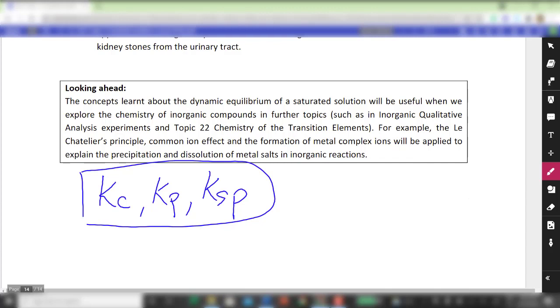And of course, solubility products is a very important topic. Please ensure that you have a good understanding of it in order to appreciate the qualitative analysis experiments which you will be doing in JC2. Having a good understanding of this will also help you improve your theory in trying to explain why you observe certain precipitates appearing and why certain precipitates actually dissolve. Okay, so with that,